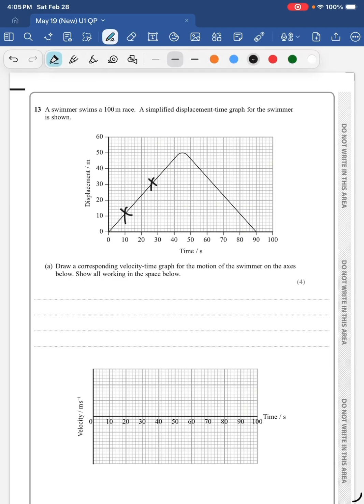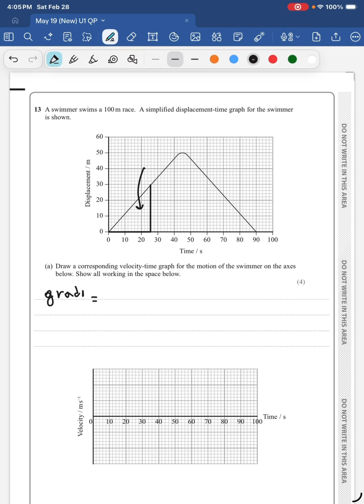So this point and this point, or you can take this point and this point, whatever works, okay? Because it's a straight line. So we can take actually this point over there. So the gradient of this part is the velocity in the first part. Okay, so gradient 1 is